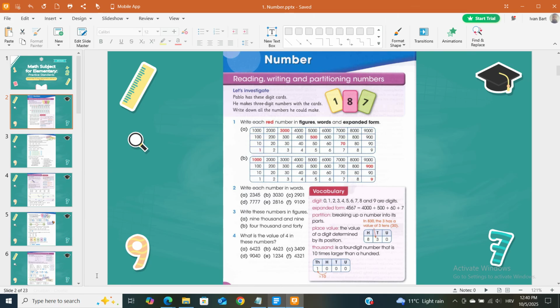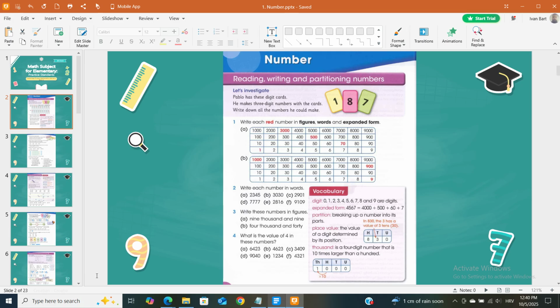100, 200, 300, 400, 500, 600, 700, 800, 900, 10, 20, 30, 40, 50, 60, 70, 80, 90, 1, 2, 3, 4, 5, 6, 7, 8, 9. (b)